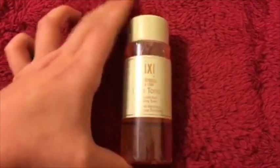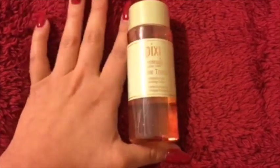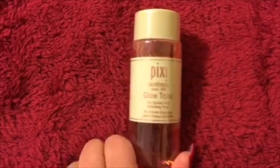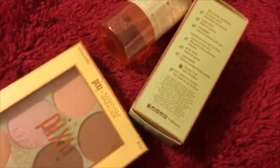Glow Tonic. Yes, literally. I've always heard stuff about this, but I'm really excited to try it for myself. And I cannot wait for this. So super excited. Thank you so much for all these goodies. I really appreciate it. I hope you guys liked my little mini haul here, just of all the goodies